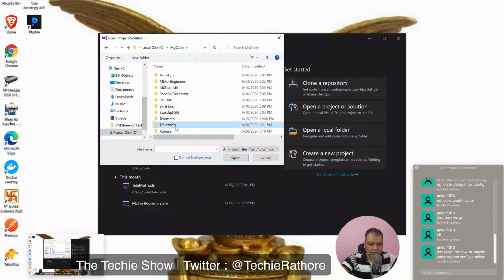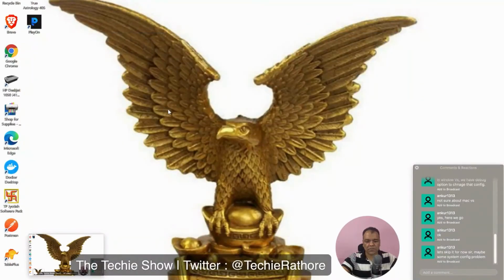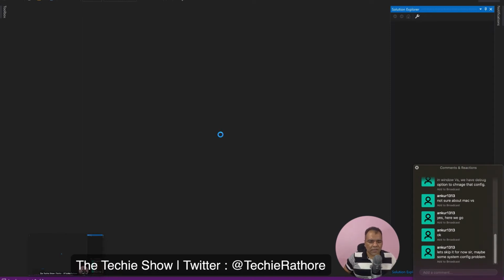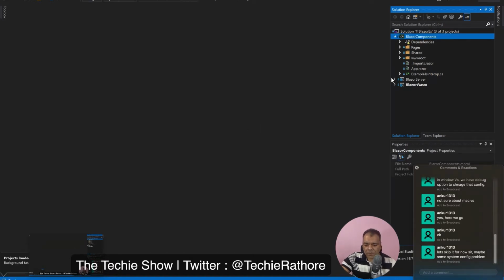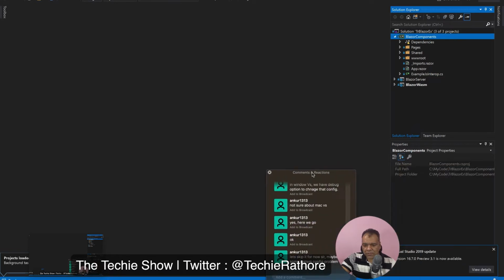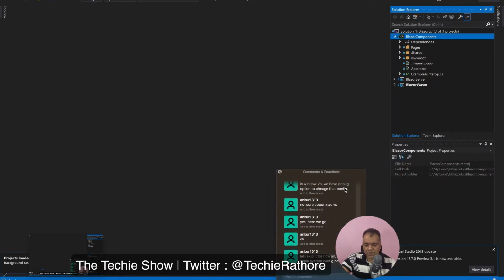Let's try one last time here, because I think it might be that the preview version is why it's not happening. So let's try it one last time on the preview version, and if it works then fine. If it doesn't work, we'll move to the Expenser application. Okay, so for the preview version, it's asking me that there is an update available.